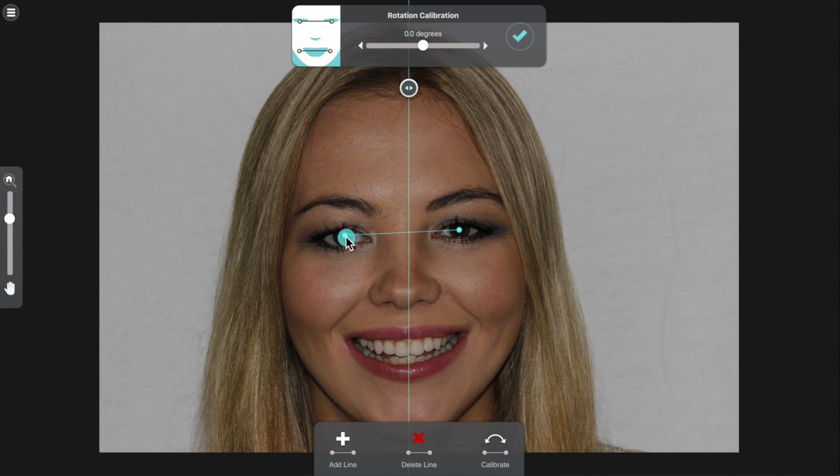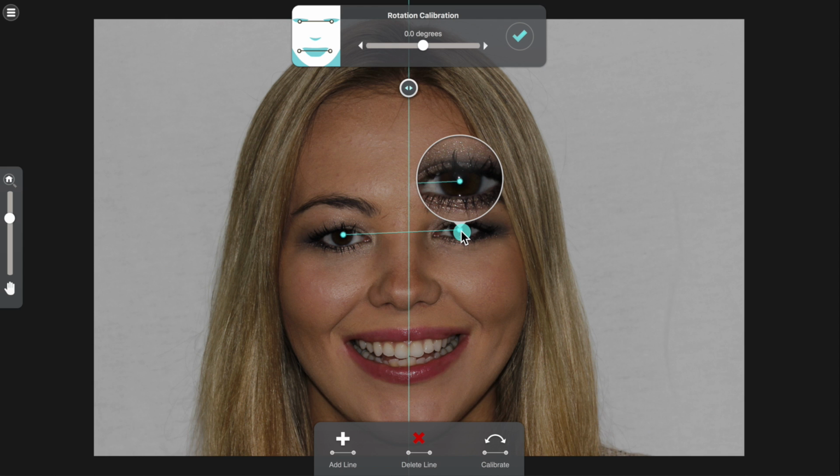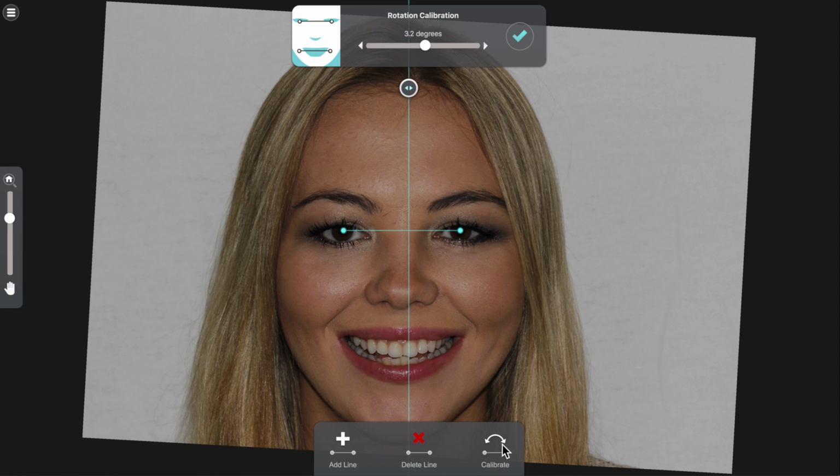I like to just use the one line on the pupils, and as you can see, if I click and hold, or on your iPad tap and hold on a control point, you get this nice magnifier and you can really position things accurately. And once I position the line on those points that should be symmetric, on the bottom of the screen there I click calibrate, and what this does is it rotates the photo so that the line is horizontal,